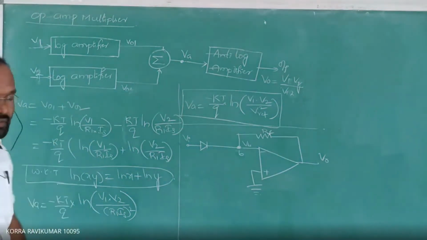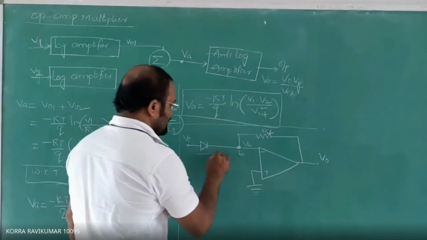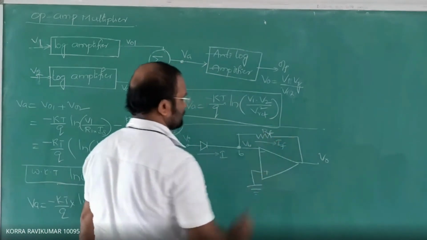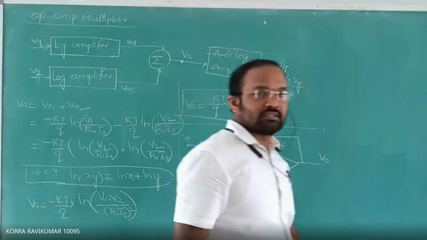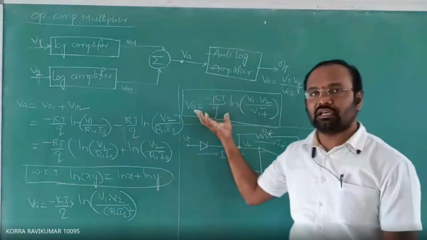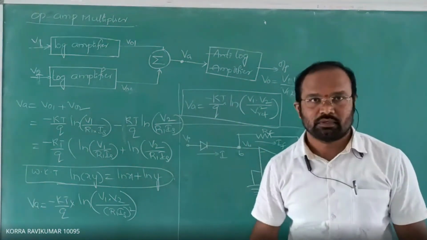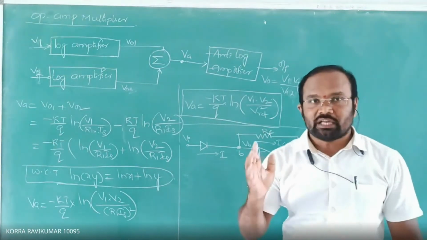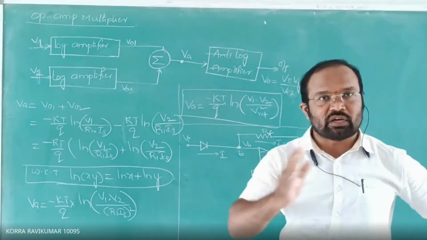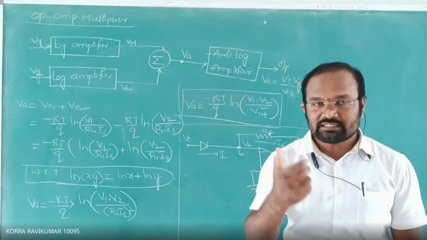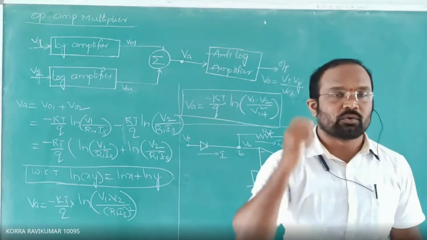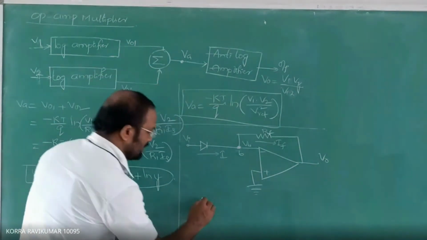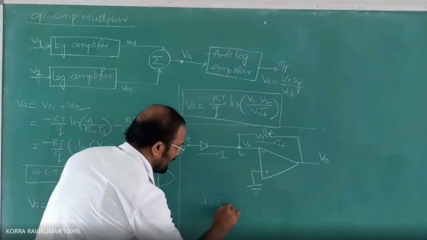Now the current flowing through is I current, and the current flowing through this resistor is IF current. We are applying some voltage VA as an input to the PN junction diode, so that the PN junction diode comes into the forward bias region. If the diode is conducting and it is in forward bias, then what is the current equation for the diode? The diode current equation, if the diode is in forward bias, is I equals I naught into